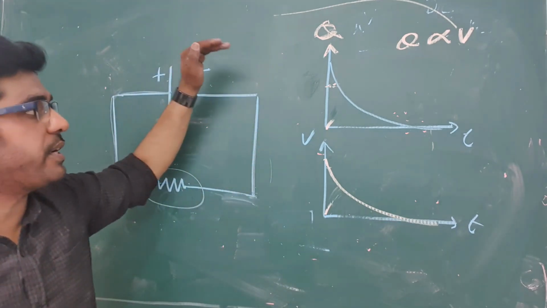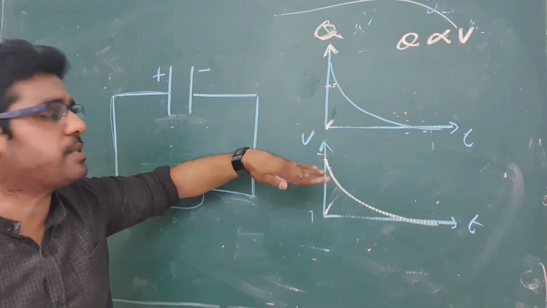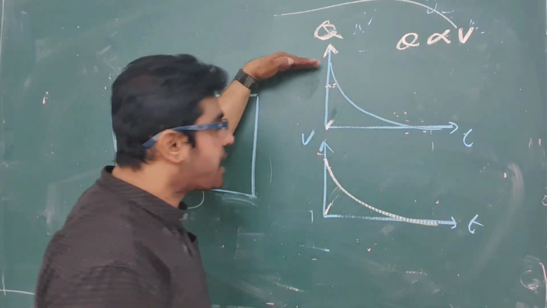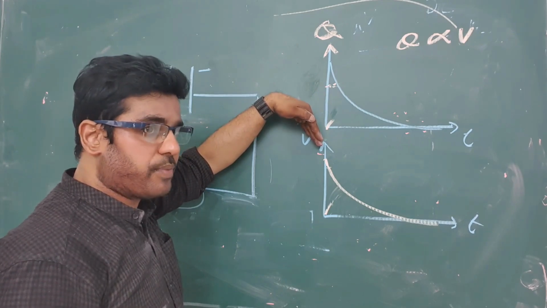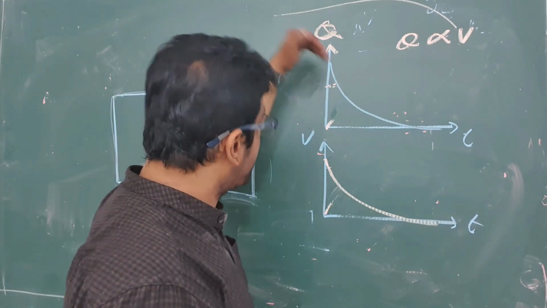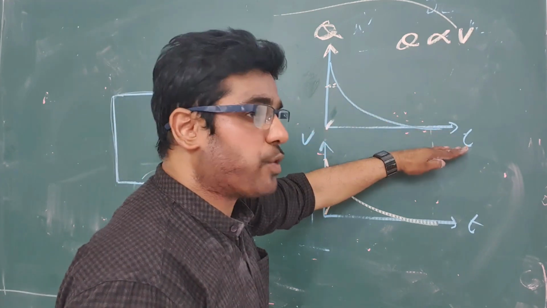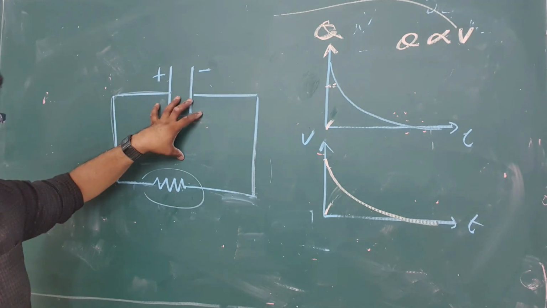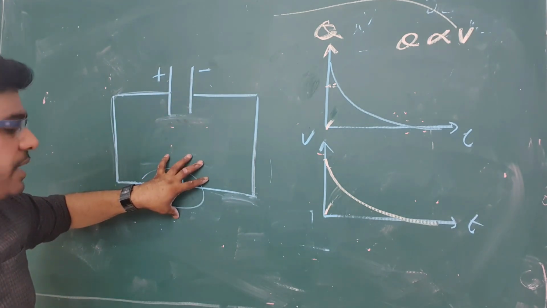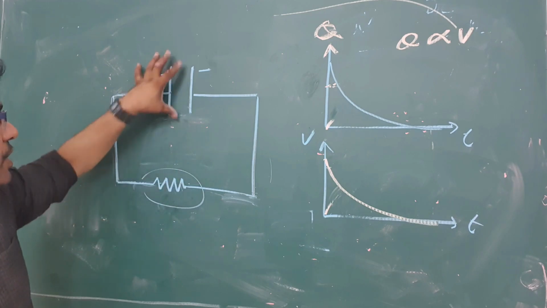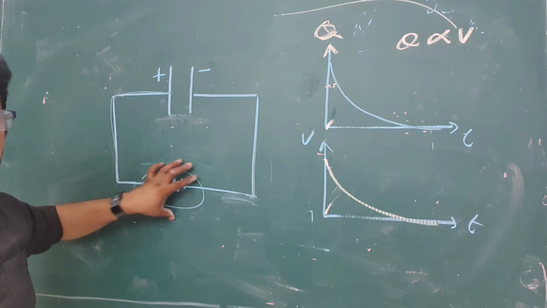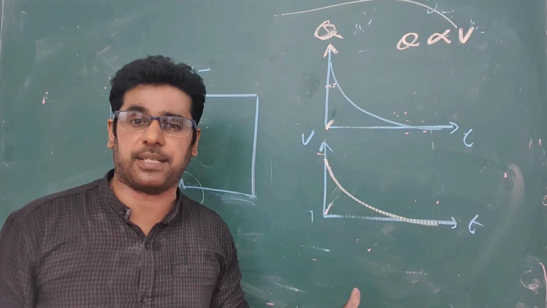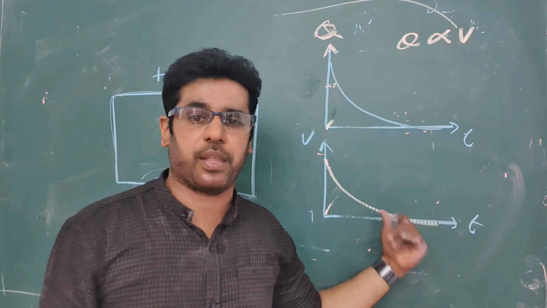Now these 4 diagrams are very important. What are those? How does the charge vary relative to the time when we charge the capacitor, as well as the voltage? How does the charge discharge with respect to the time when we discharge the capacitor? And how do we charge the capacitor? By using a DC device or battery. How do you discharge the capacitor? By using a resistor. Now these are the methods of charge and discharge of a capacitor, and these are the variations.